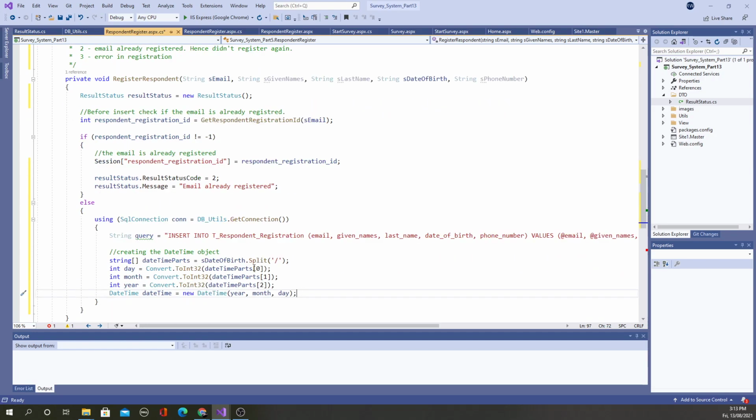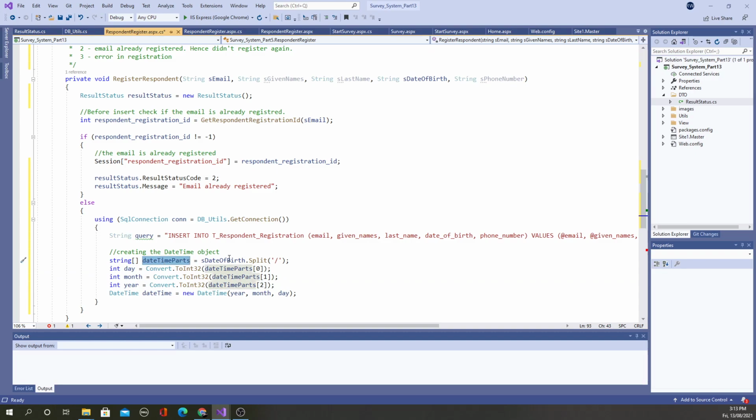Okay, so this is the code for that. In a situation like this, because in the text box these values are separated with the /, if you remember, when you run this and select a value from the calendar, when that value goes to the text box, there's a /. So you can say split, it's a method, and it splits at the / and puts the data into an array after cutting from those places. According to our text box value, the first value is going to be the day, then the month and the year.